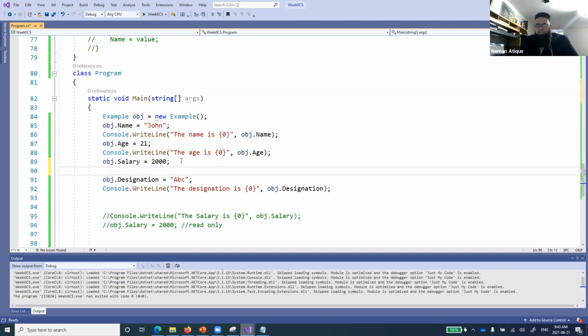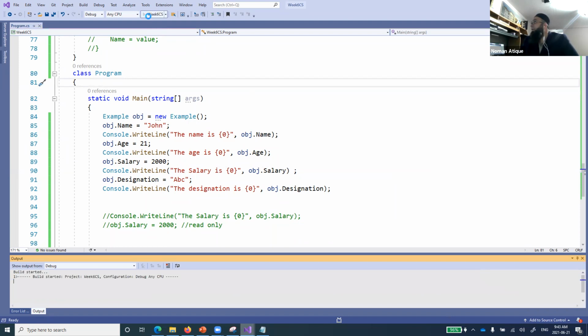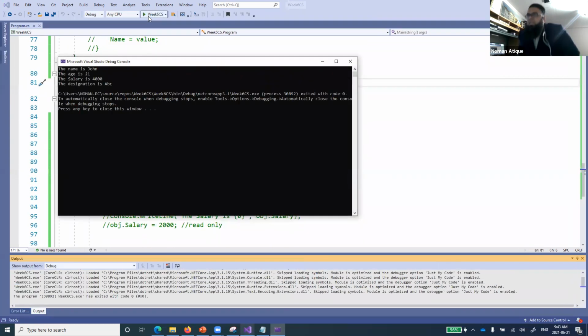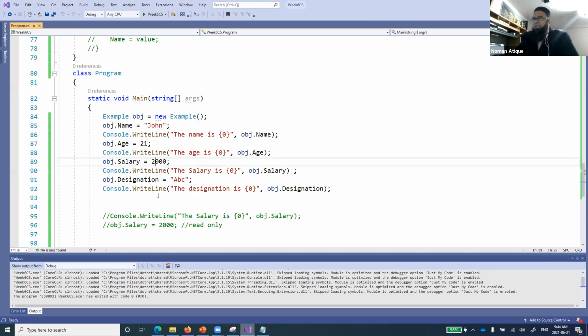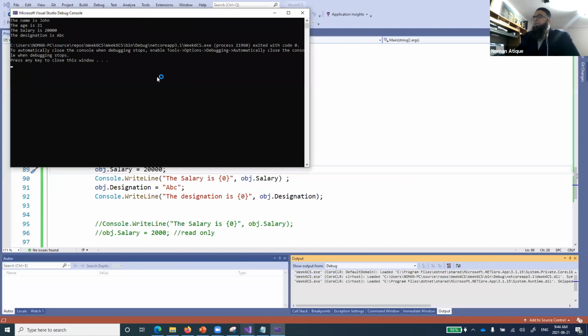So now here, let's write down a Console.WriteLine. The salary is {0} and obj.salary. Now I am reading that one. So see what salary comes up. I'm just telling you the difference. So you see salary is coming as what? 4,000. And if I assign this 20,000, for example, what should be the salary now? Anyone? What will be the output now for the salary? I have set up this 20,000, right? So 20,000. And why this is, of course, because it has.